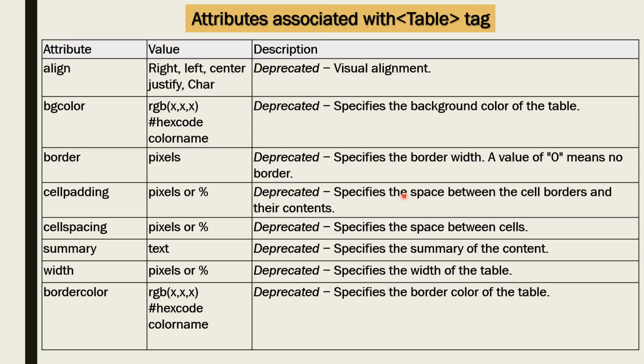Okay, it will be more clear to you. Clear? So one thing I just want to tell you, a table has three parts: row, header cell and data cell. Okay, row is what? It is the horizontal line of the data. What is header? It describes the data in a row or column.